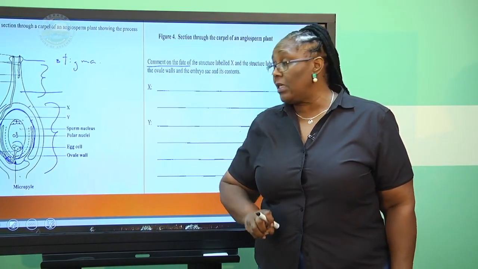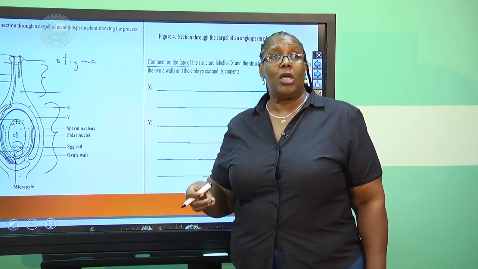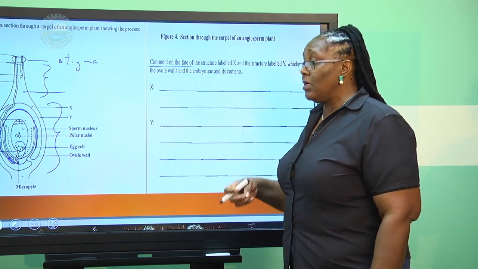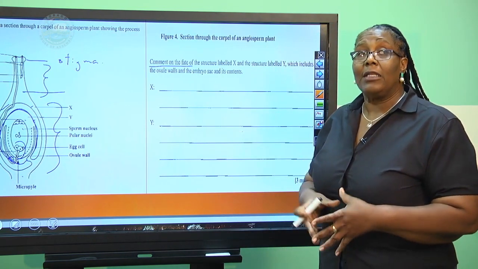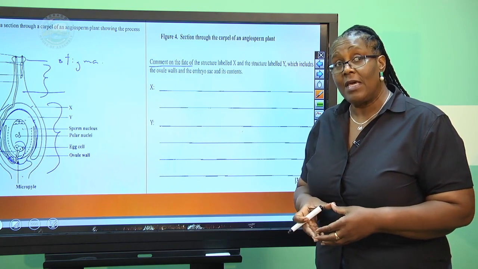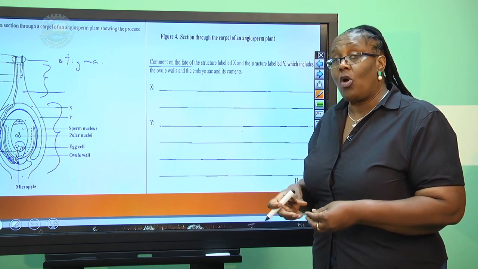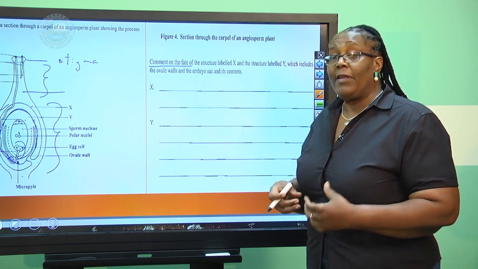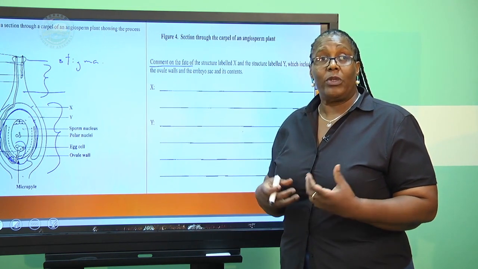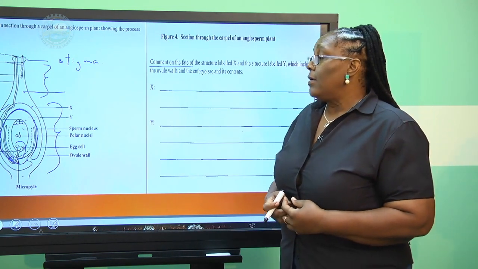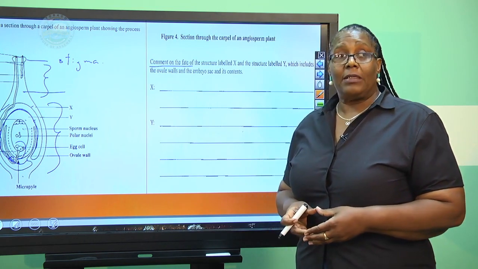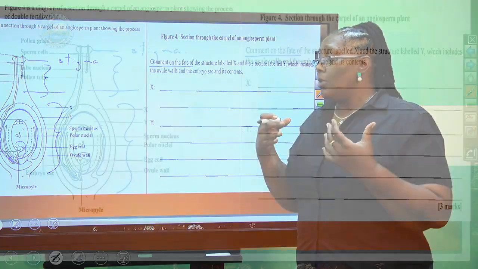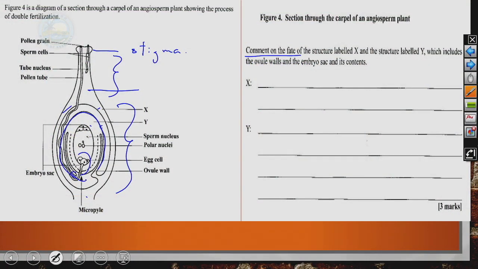What is the fate of the seed? The seed eventually will give rise to a new plant. The seed is carrying the young plant, and it is also carrying the food reserves, and its fate is to ensure the survival of the species. It is going to hopefully find a suitable environment in which it will deposit itself, and once it gets the right environment, it will grow, and it will ensure that this new organism is going to be able to be